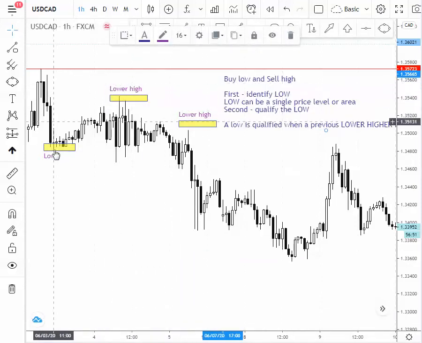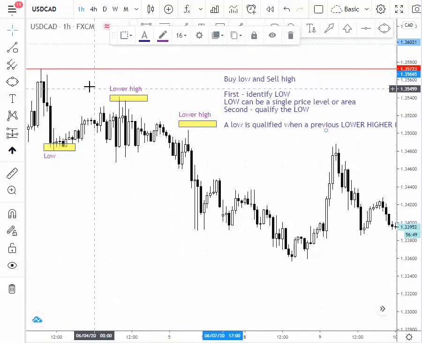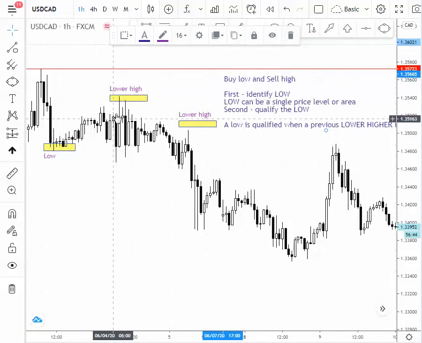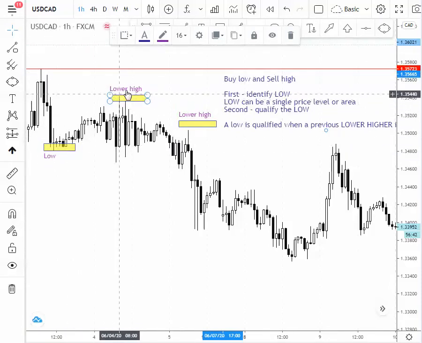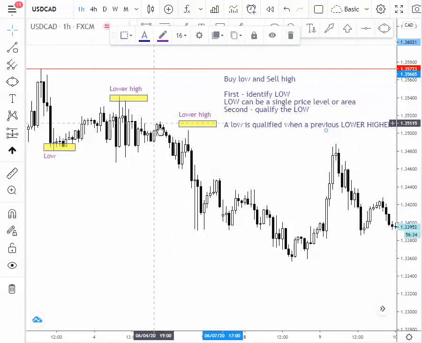So we come here and we have a low, price moves up, it doesn't come up and break this high. Instead, it comes up and creates a new lower high. Then it starts to come back down,